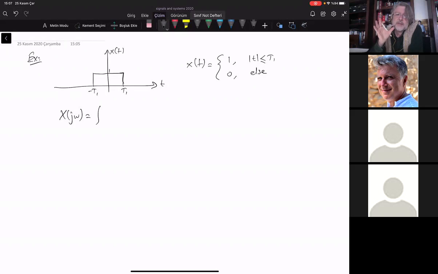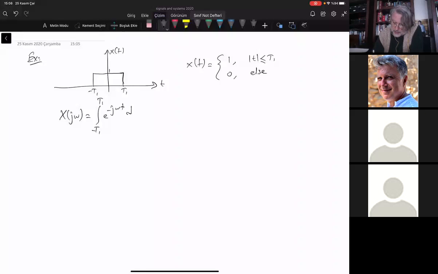But x of t is valid only from minus T1 to T1, so the integral starts at minus T1 and goes up to plus T1. Beyond those two limits, the signal is 0, so the integration will not contribute. And inside it, the value of the signal is 1,